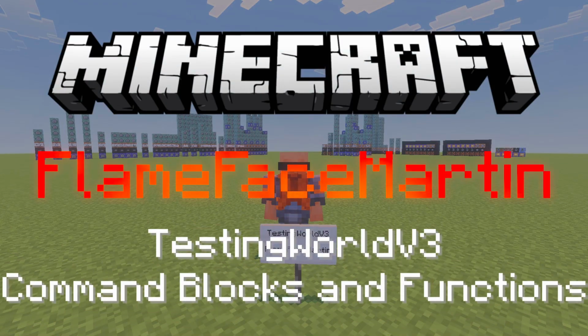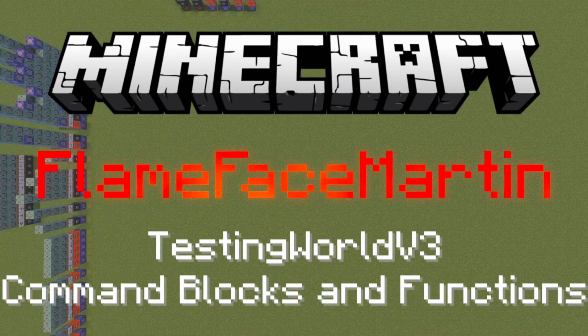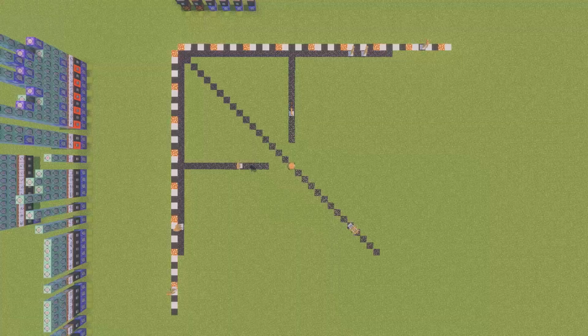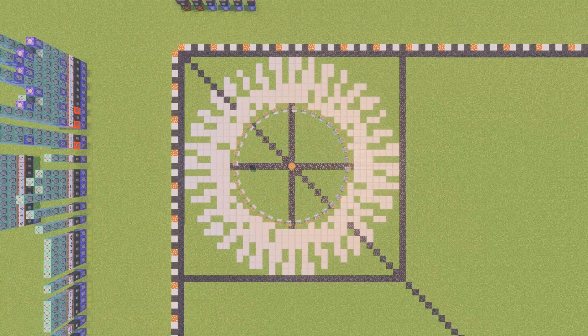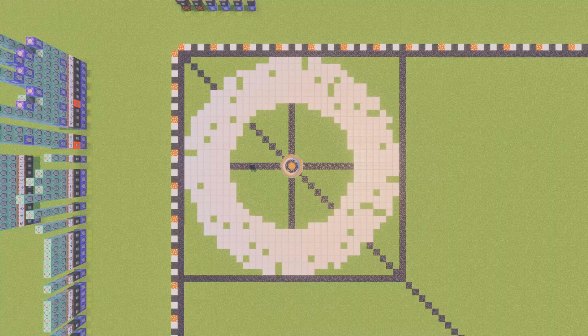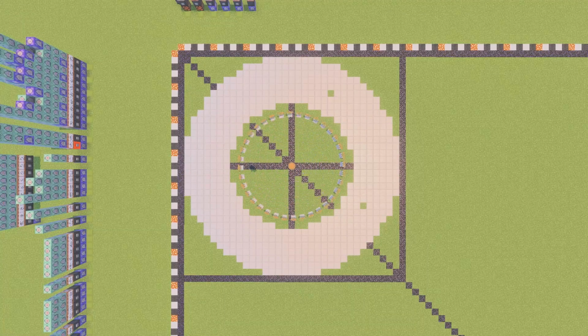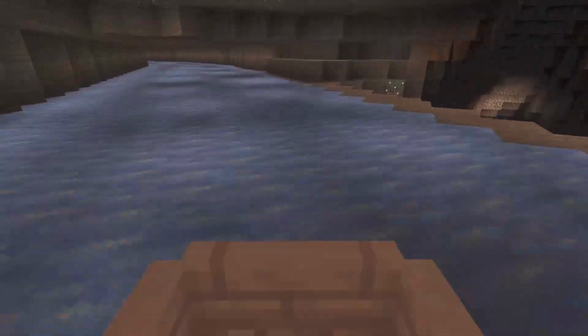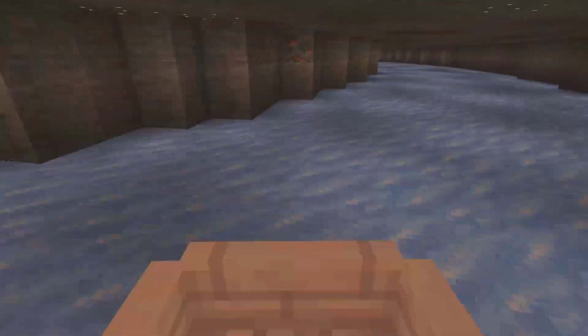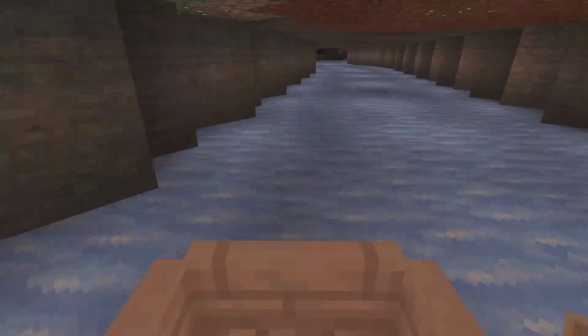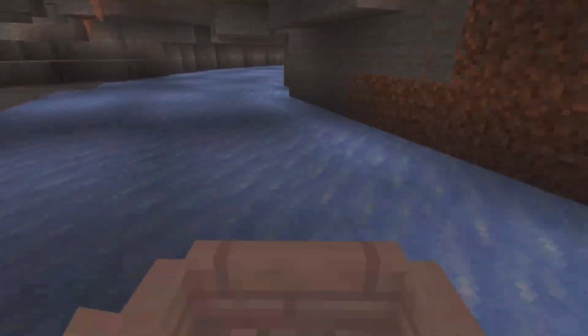This is my TestingWorldV3. It's an improved, more automated version of TestingWorldV2. I've made this primarily to help me make nice smooth corners on an ice boat racing track that I'm making on the Kingdom Craft server. But I think there'd be quite a few things that might be quite useful for people for just generally building,